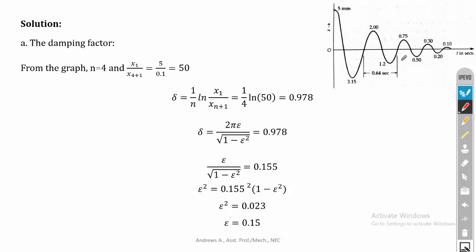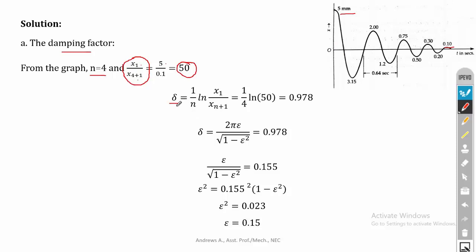First one, the damping factor. From the graph I have already told you that n is equal to 4 and x1 by x(4+1) is equal to 5 divided by 0.1, that is equal to 50. So this is the ratio of two amplitudes, x1 divided by x(n+1), so x(4+1), equal to 50. We have to find the value of the damping factor. To find the damping factor from the amplitude ratio, first we have to calculate the